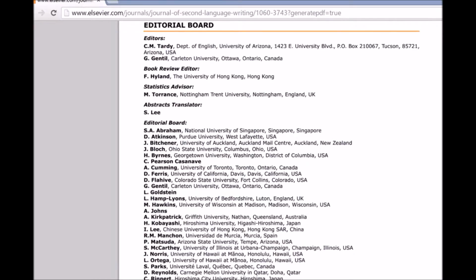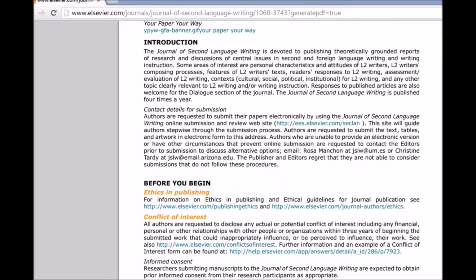Next, it presents the editorial board. So again, they're the editors. The book review editor is very well known. The statistics editor is very well known. And if you look down on the editorial board, of course, some people are not as famous as others, but if you're in the field, you would know that these people are pretty well known. Now, sometimes that's deceptive because sometimes people's names are just put on there. But this has a large number of well-known people in the field. So again, you can feel very confident about this.